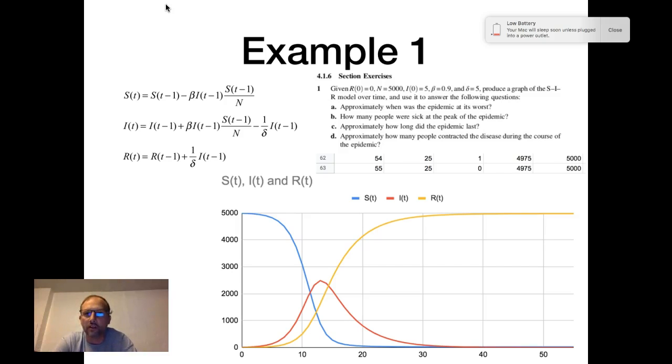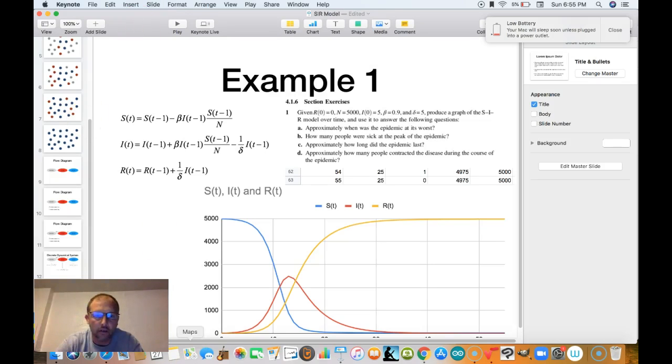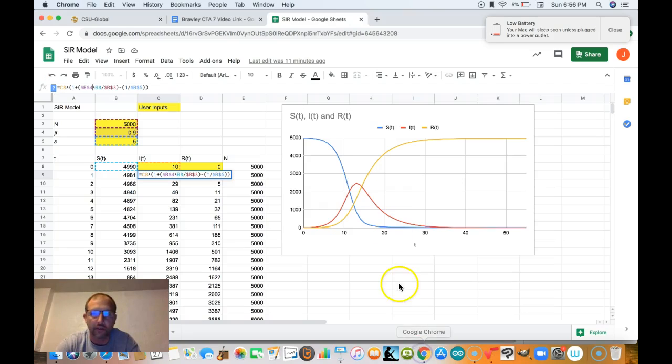To answer the questions: approximately when was the epidemic at its worst? That would be at day 13. Escape out of this for a second. Day 13 is right here. B, how many people were sick at the peak of the epidemic? If I go to the spreadsheet, I can show this even better. If you hover over the graph at day 13,